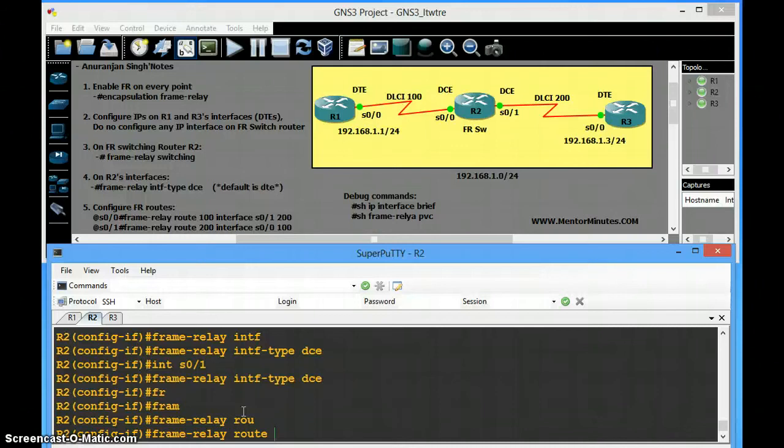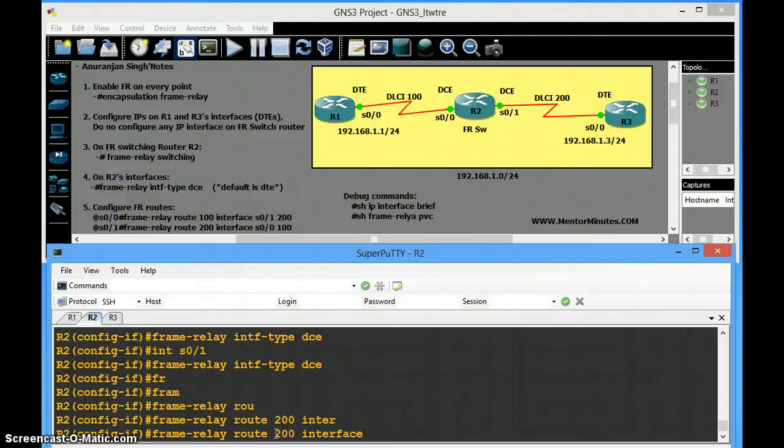Here the frame relay route, the value is 200, and we need to route it at interface serial 0/0, and the DLCI there is 100.